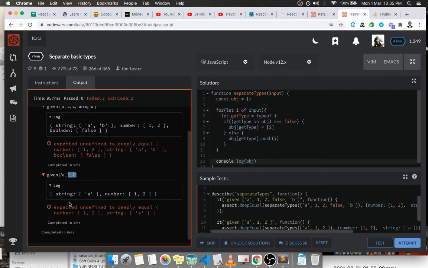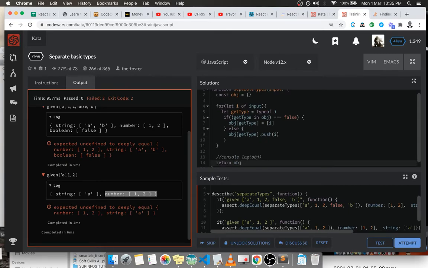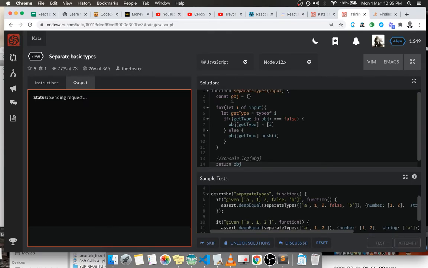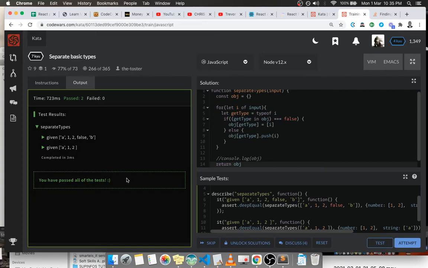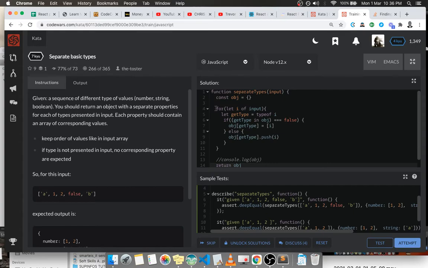We are seeing red because we were just console logging, so we just need to return our object. And let's run. So we pass all the tests. Let's go through the algorithm one more time. We have the for loop that runs through the input array, and then we have a variable that collects the type,